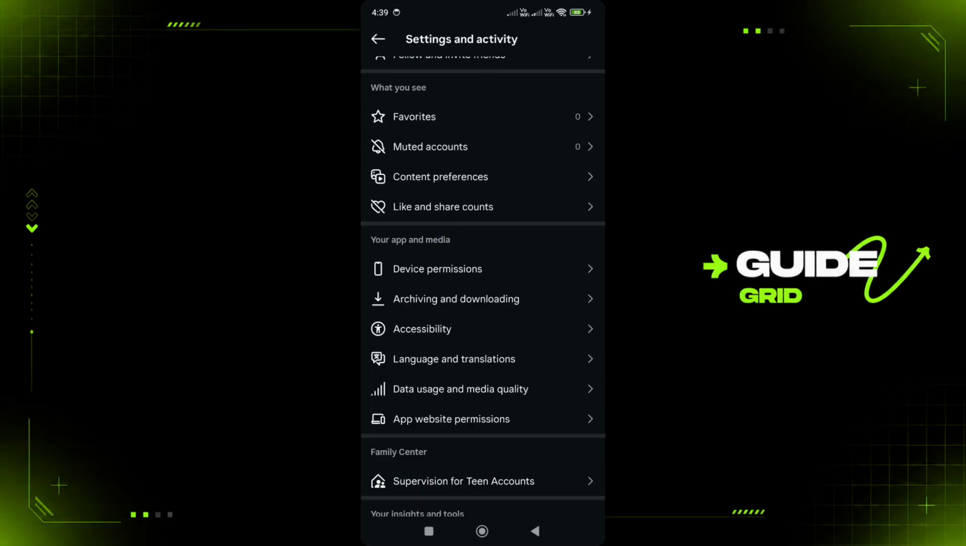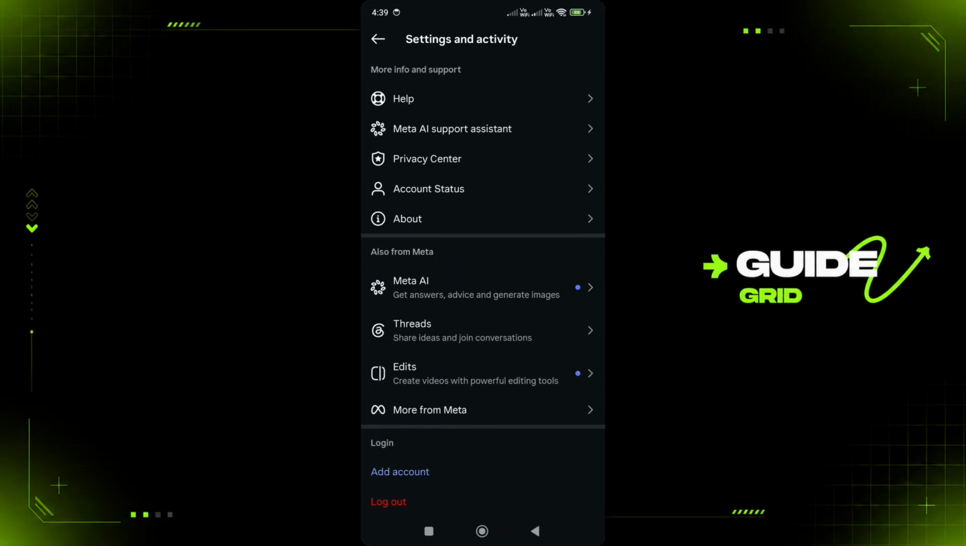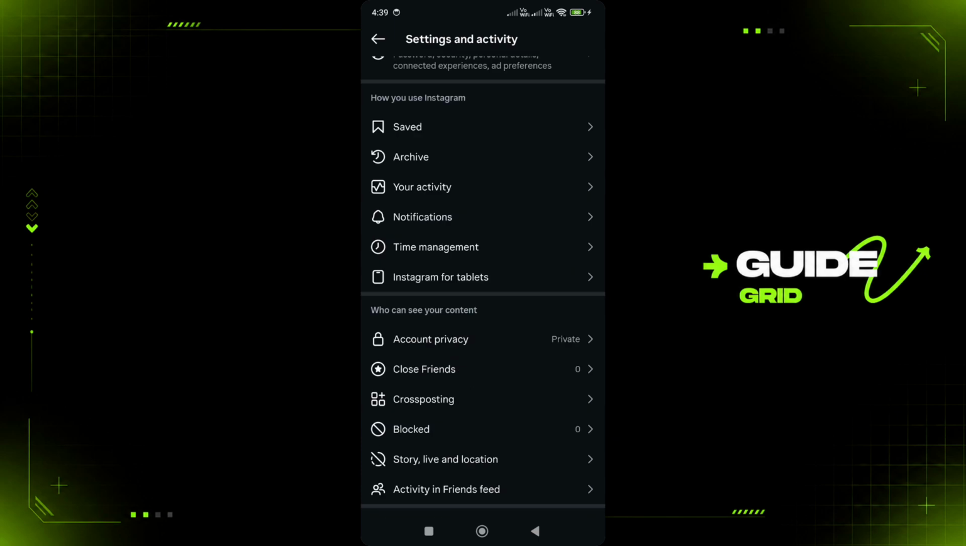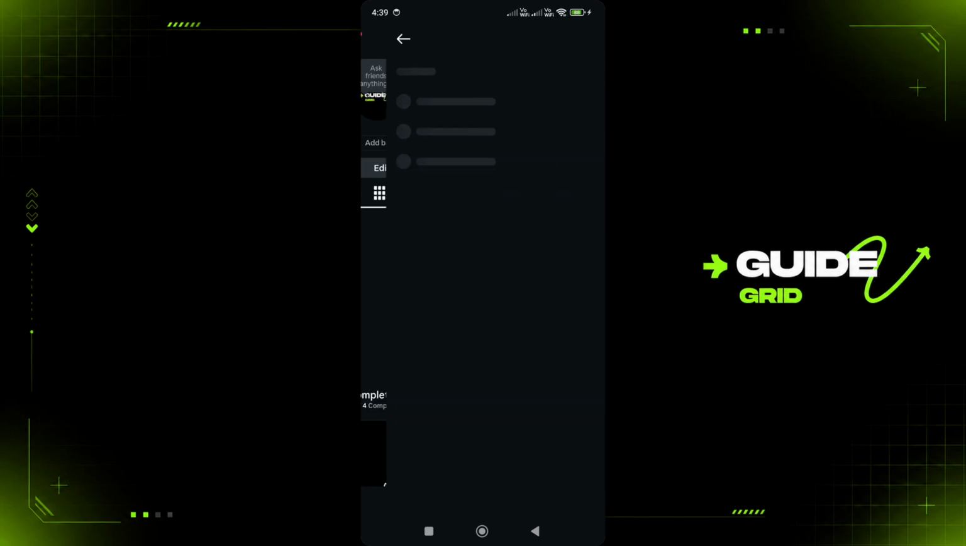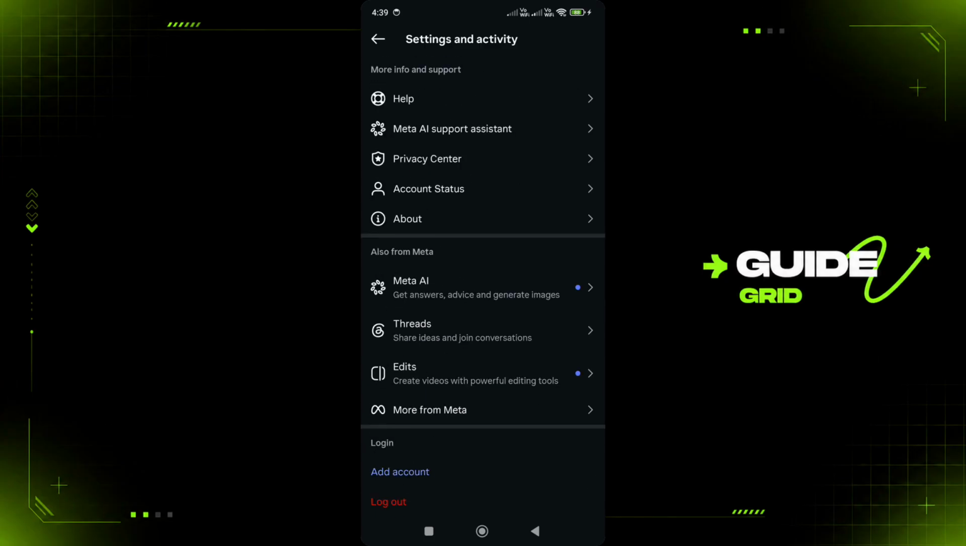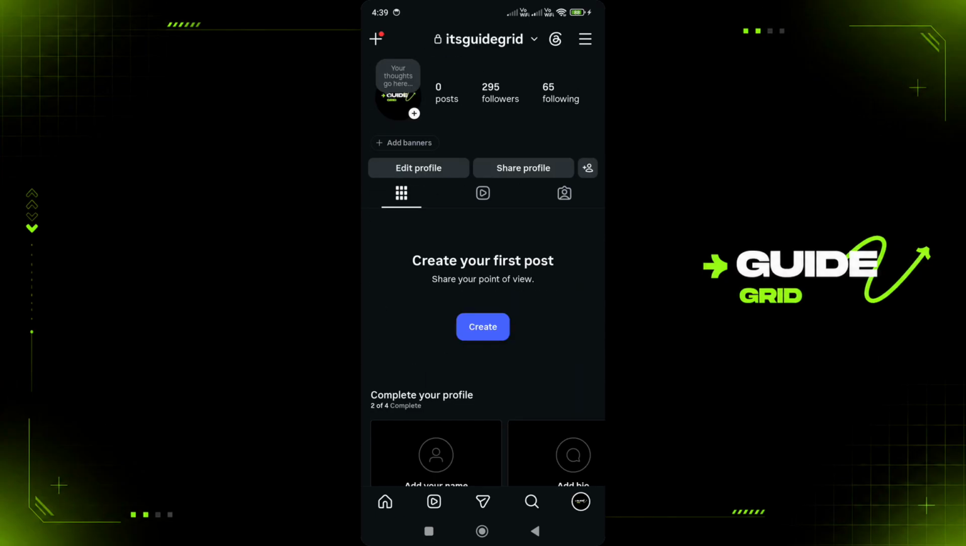Alright, if it doesn't work, log out and log back in on Instagram. Go again like you have on your settings, scroll down to the bottom, click on log out and log back in. If it also doesn't work, go on settings,